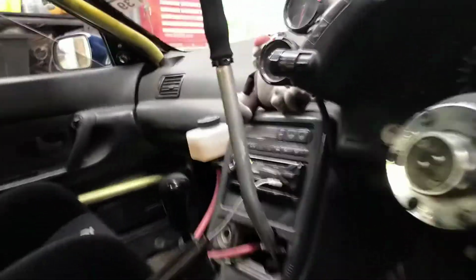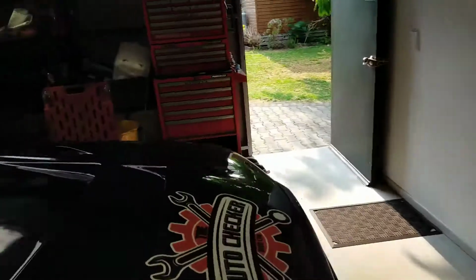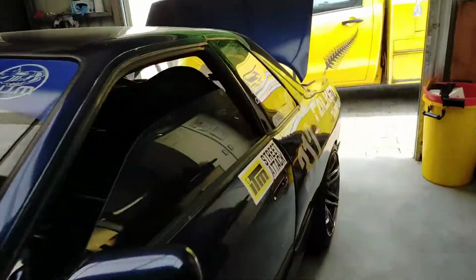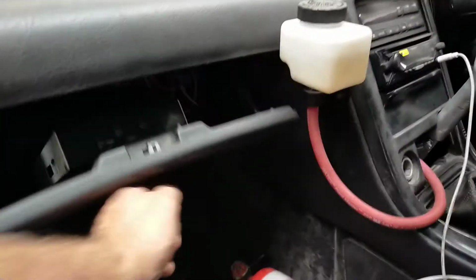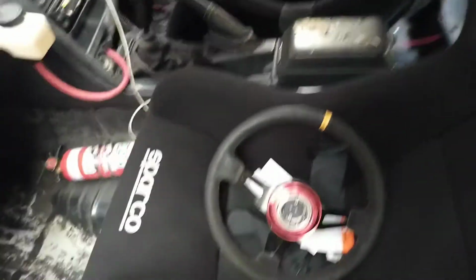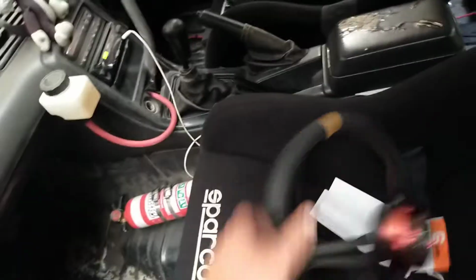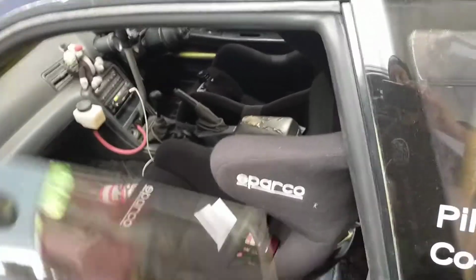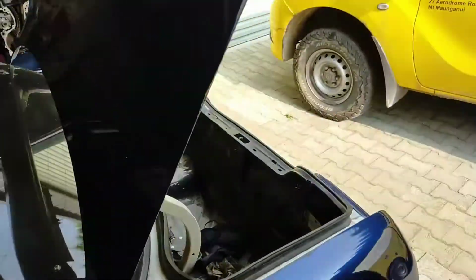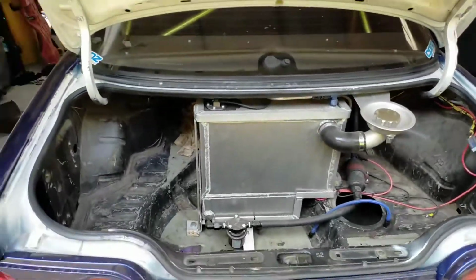In the glove box over the other side here, if we go around, yep. And here we have our Link G1 with relays and stuff all hidden in there. So yeah, that's where the ECU hides. Just your generic steering wheel and quick release thing. I am looking to get a Sparco quick release and steering wheel. So that's the interior there, but in the boot is something I'm actually quite proud of, is my 70 litre